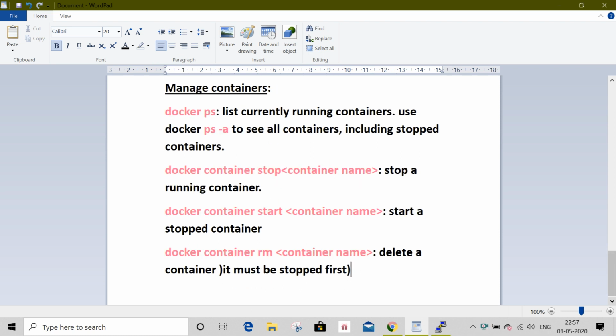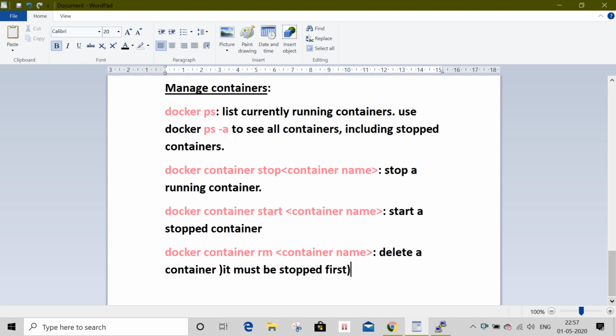How to manage the containers? docker ps lists the currently running containers, and docker ps -a is a flag to see all containers including stopped containers. docker container stop with the container name or container id stops a running container. docker container start with the container name starts a stopped container. docker container rm with the container name deletes a container.